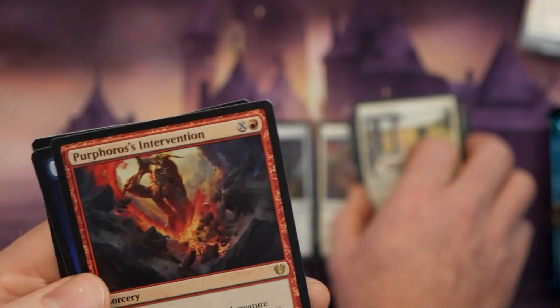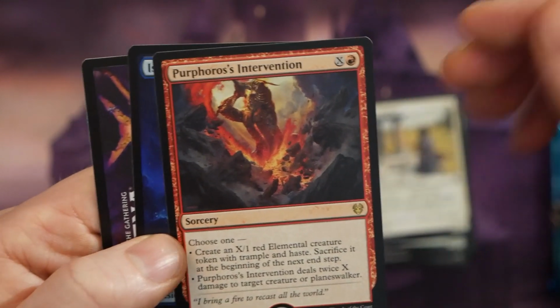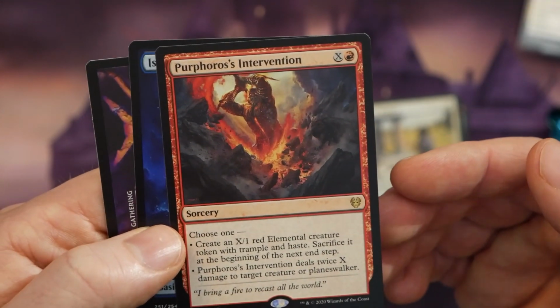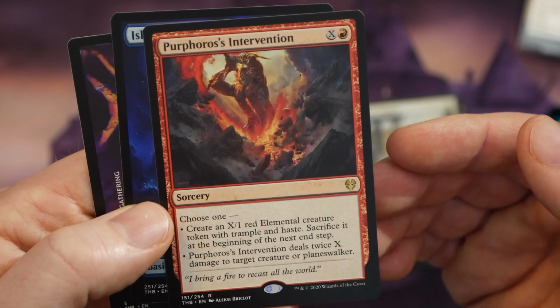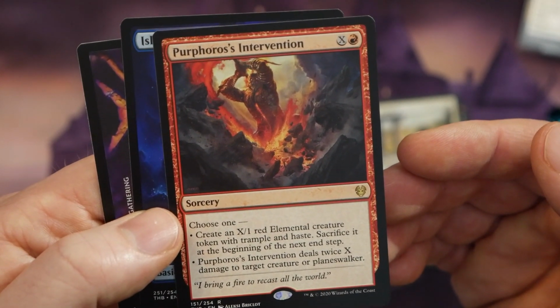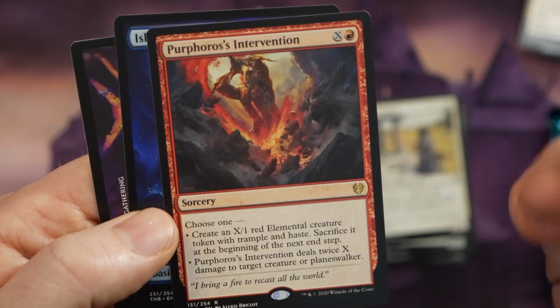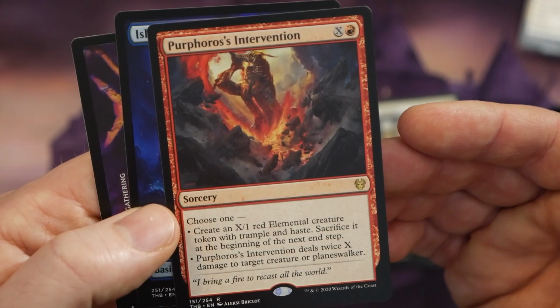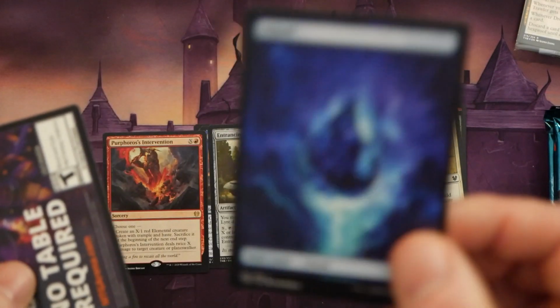I can't wait. All right, our first rare is Purphoros's Intervention. So it's 1 red and X, a sorcery, and you choose 1. Either you create an X/1 red Elemental creature token with trample and haste, sacrifice it at the beginning of the next end step, or Purphoros's Intervention deals twice X damage to target creature or planeswalker. And then a